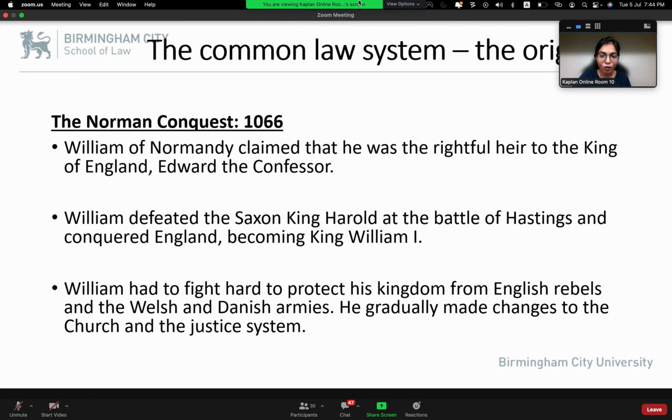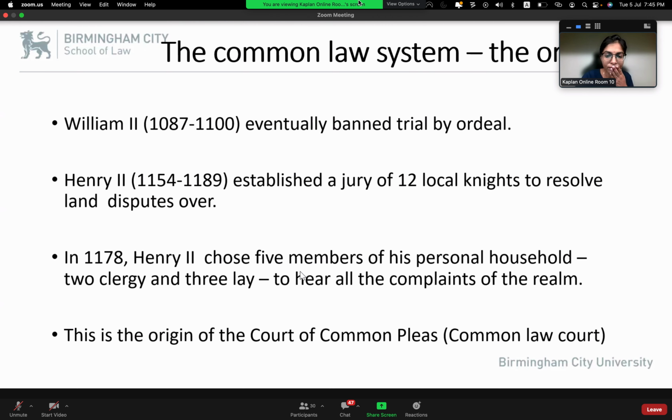And then, of course, when we talk about conquering a state, the justice system must be conquered, right? In any country, the justice system and the defense system are so important. So he worked on the justice system. He tried to abolish all the Anglo-Saxon system. He firstly abolished trial by ordeal, gradually. It's not like a one-off thing. Gradually, they suspended it. Then that was done by William II.